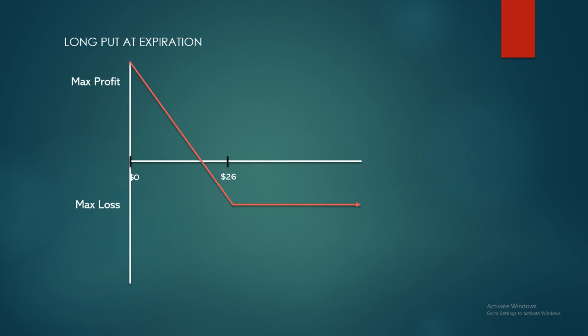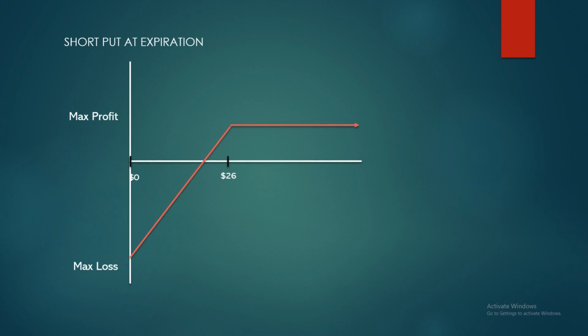So everything that happens to the guy who bought the put, the exact opposite is happening to the guy who sold to open the put. Now, like we discussed in the credit spread video, the biggest problem with this is that your max loss is massive. It's huge. If the stock price plummets super far, you're going to lose a lot of money. And most people just don't have enough money in their Robinhood account to even trade these types of trades,